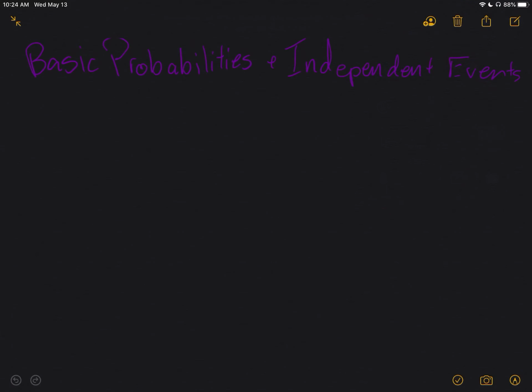All right. So we're going to talk about basic probabilities and independent events. There's not really going to be a ton of structure to this because it's not super rigorous, but it's a little bit tough to comprehend sometimes. And so I just want to chat about it. I want to look at some examples, and then there'll be a Google form for you guys to do some